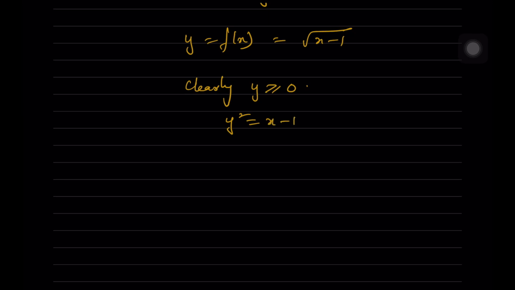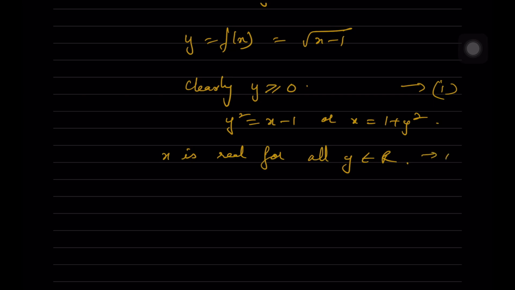That means you're squaring on both sides, so x is equal to 1 + y². Since x is real for all y belonging to R, you can take this as the first equation and this as the second equation. Since x is real, and it's 1 + y² with y greater than or equal to 0,